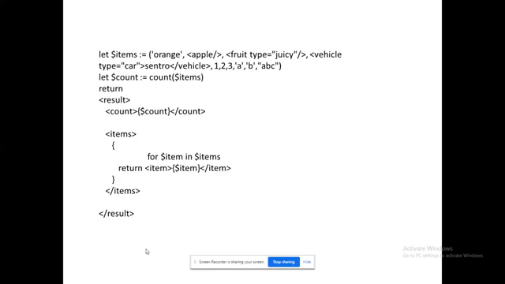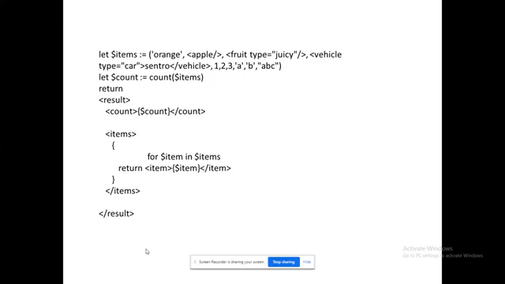There is an array called items, a variable. Inside that you could see there are 10 items. Orange, apple. All of them are represented using different types of tags and notations. So everything is applicable here. Fruit type equal to juicy, I don't have any data on that. Next, vehicle type equal to car, I have mentioned the data, Santro. Again, I have closed the vehicle. I have given a complete tag also there. And without a tag, I am giving the data directly. 1, 2, 3 are numbers. A, B are characters. A, B, C is a string. So everything is available.